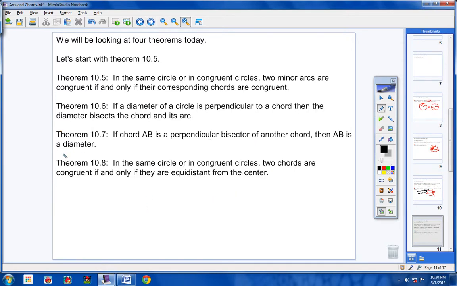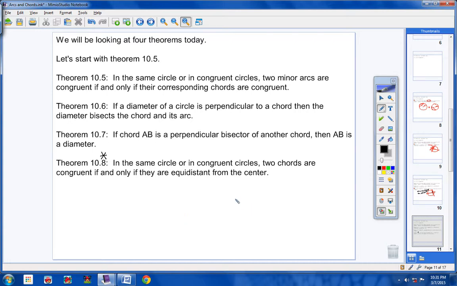Okay, students, theorem 10.8, here we go. In the same circle, or in congruent circles, two chords are congruent if and only if, now this is interesting, listen guys, they are equidistant from the center. Now to me, that makes total sense, but I still want to explain this to you, okay? In the same circle, or in congruent circles, two chords are congruent if and only if they are equidistant from